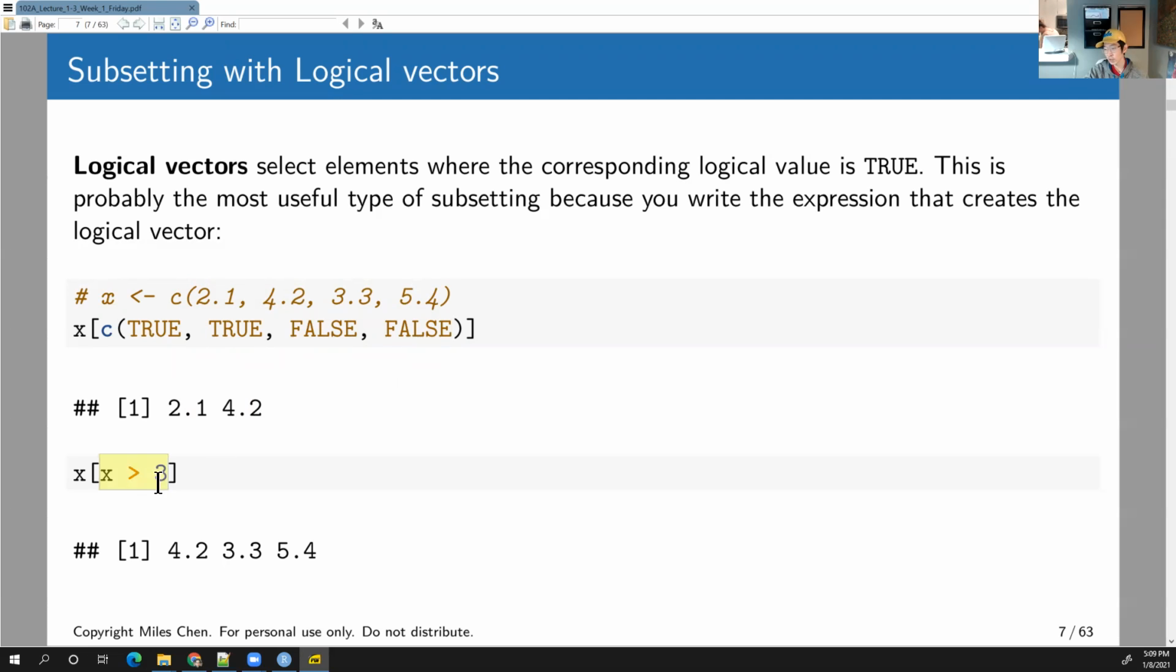Here, X greater than 3, this is a logical expression. It's going to ask which values of X are greater than 3. And so if we were to evaluate X greater than 3, that would be false, true, true, true. And so it's going to give us the elements that correspond to true, and thus it's going to give us the elements of X that are greater than 3. Okay, and